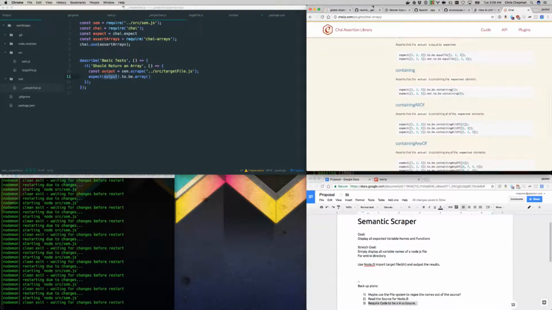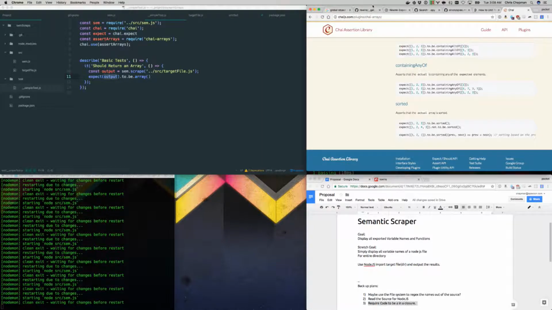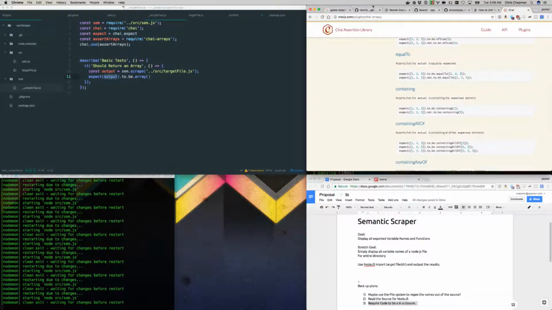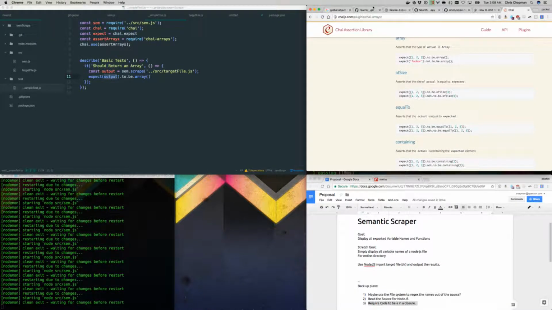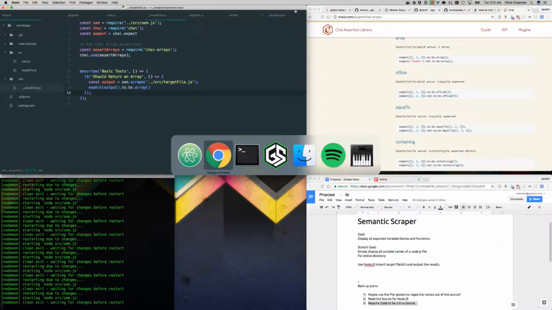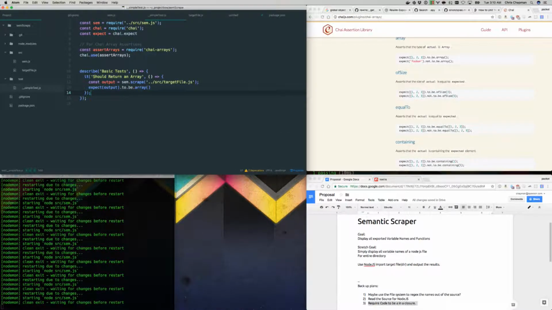So kind of have to just go with it being a thing over here. So let's mark this up a little bit. Yes, this is semantically named, and I probably don't have to put that on there, but I've never used this before. The chai array assertions, so I will throw that in there just as a note to myself. Alright, so I have a unit test for should return an array,